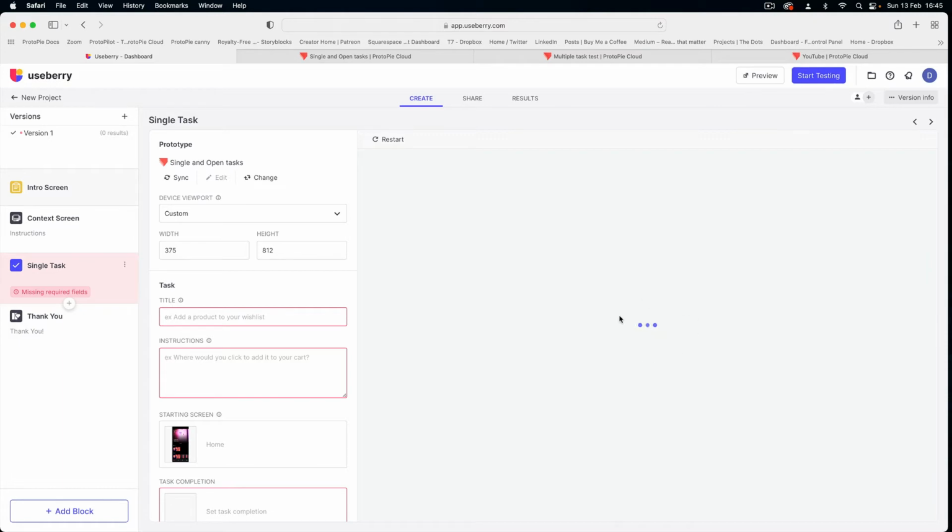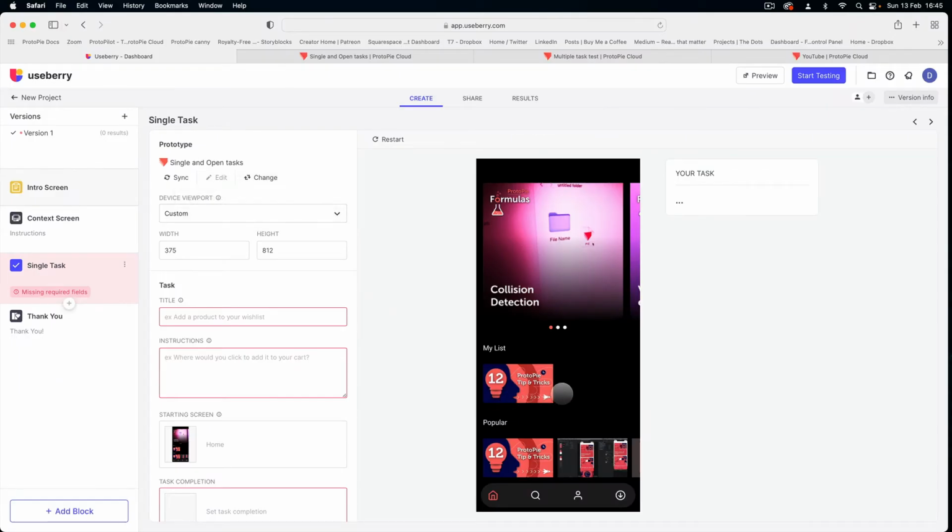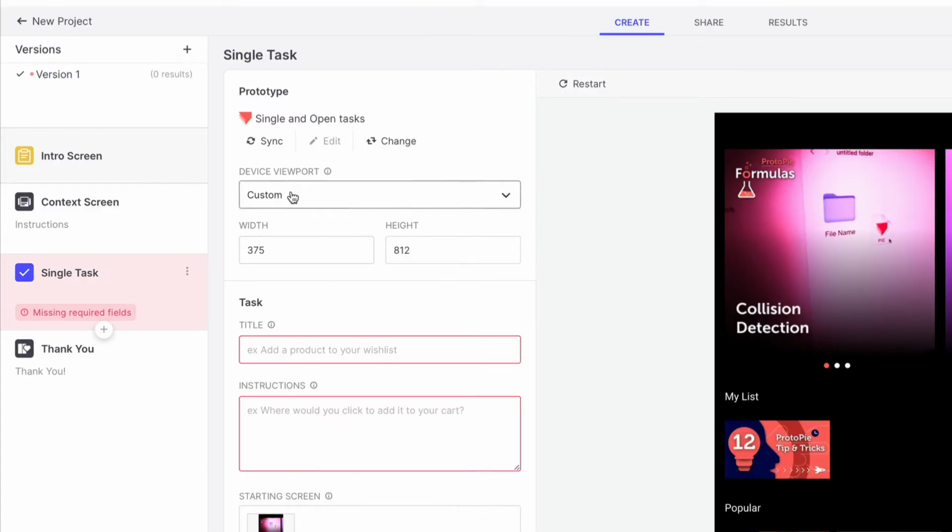Okay, it's just going to load it up here. So you can see the loading dots. And we can see over here, the name of our prototype is being displayed. Cool, so you can see now our prototype is loaded on the right hand side. Again, this is the preview window, the right hand side. Okay, cool. So Useberry's already picked up the size of our prototype,